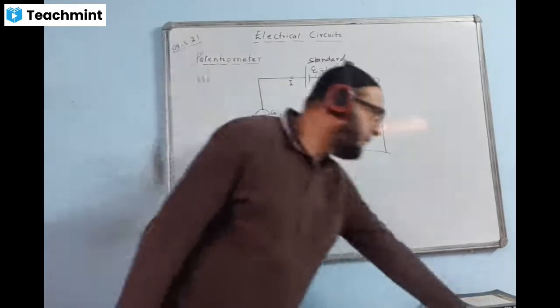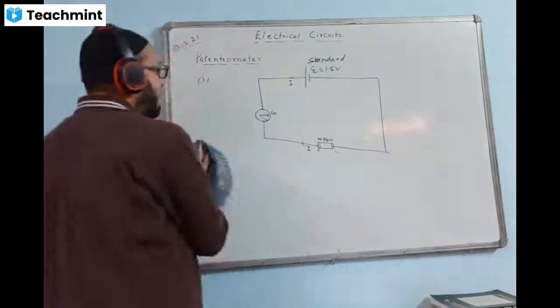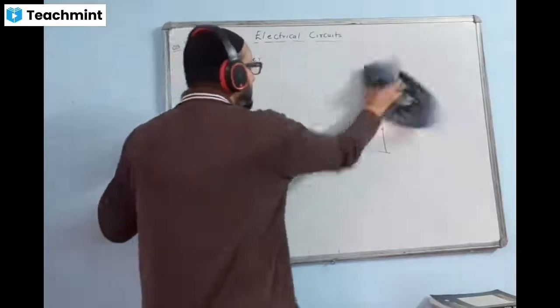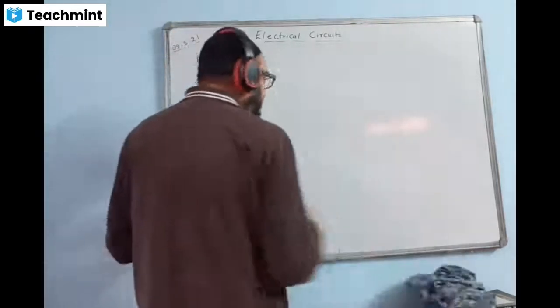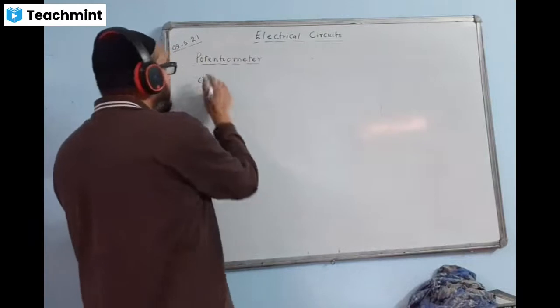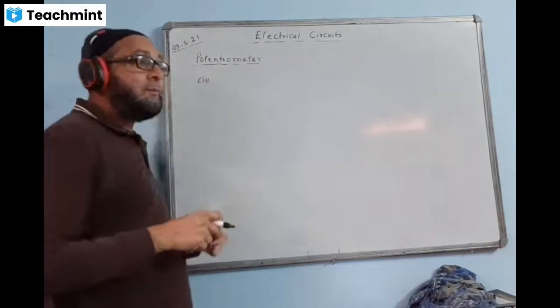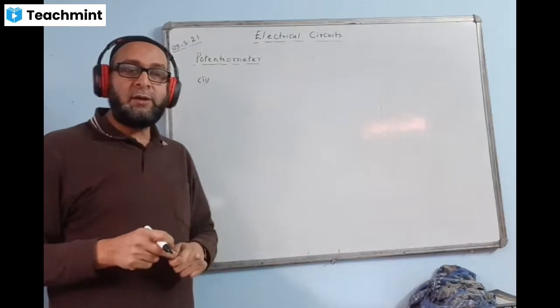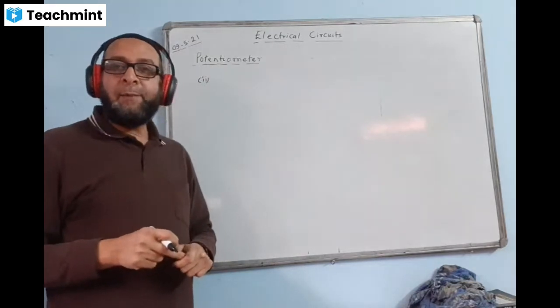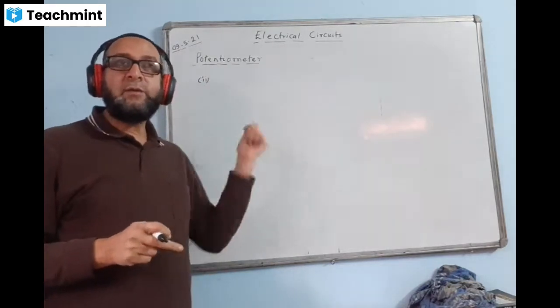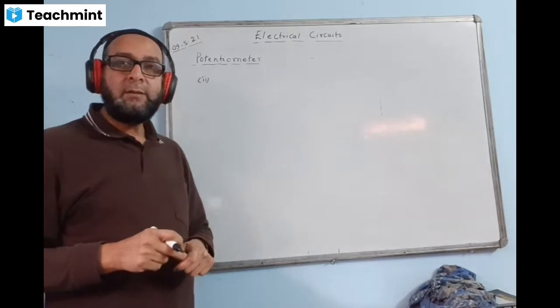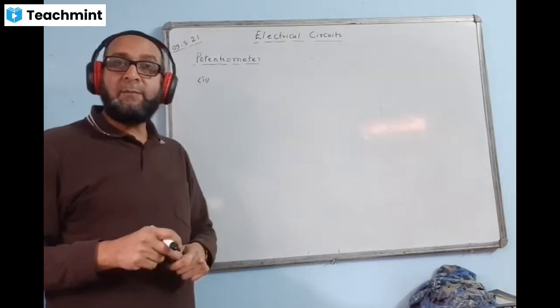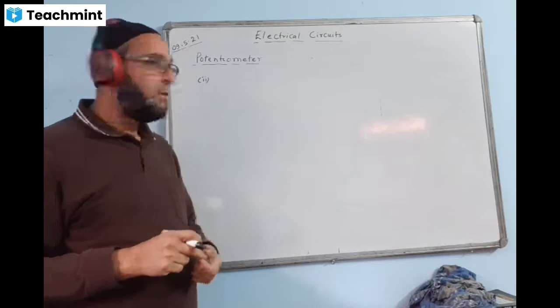Okay, now the second one. Please try to understand principle number 2. For principle number 2, that second principle is the most important principle as per your syllabus. The first principle I told you already, but it is less important, just to understand that it is used by companies to check whether the EMF of that cell has become exactly 1.5 volt or not.